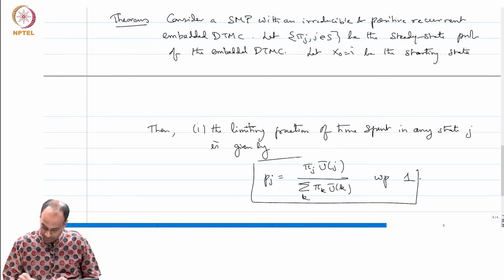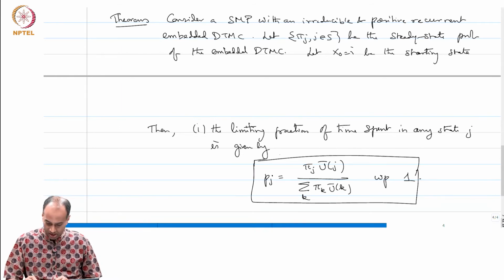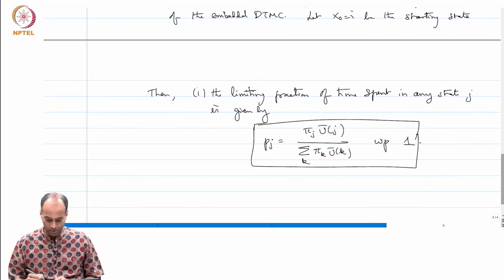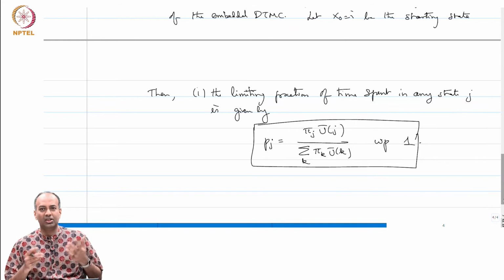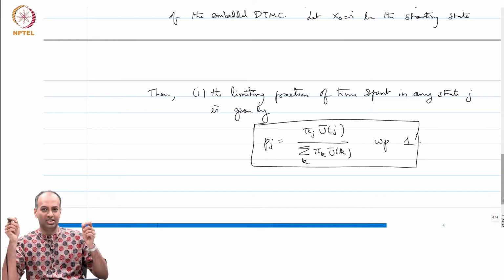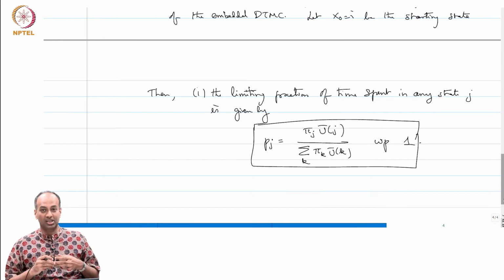So, this is all from renewal, along the same lines as the proof for CTMCs. If you think about it, in the CTMC case, we had a reward of 1 whenever you are in state i. So, we consider the delayed renewal process M_ij(t), and whenever you are in the state j that you are interested in, you give a reward of 1, and it turned out that the average reward in that state was 1 over nu j. Now, that 1 over nu j will simply be u bar j, that is all, and everything else follows identically.